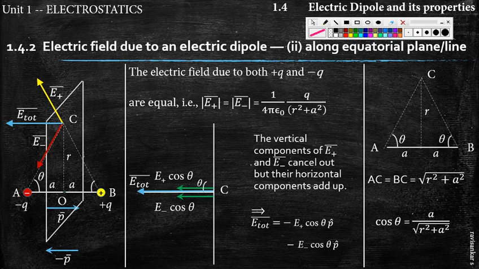In the same way here, look at the direction of E plus cos theta, as well as E minus cos theta, as well as the E total. They are all in the direction of the negative p vector. So in order to write them along with the vector notation or direction, I have given the first vector, namely E plus cos theta, its magnitude, and minus p cap has been added here. So if I multiply minus p cap with the E plus cos theta, I will get a vector whose magnitude is E plus cos theta and the direction is along the direction of minus p.